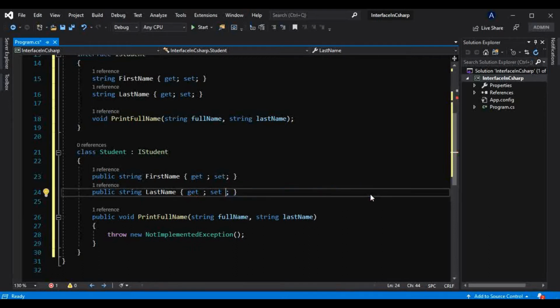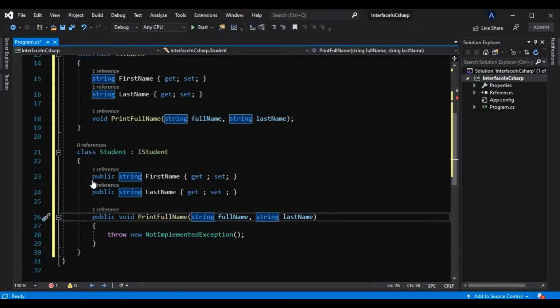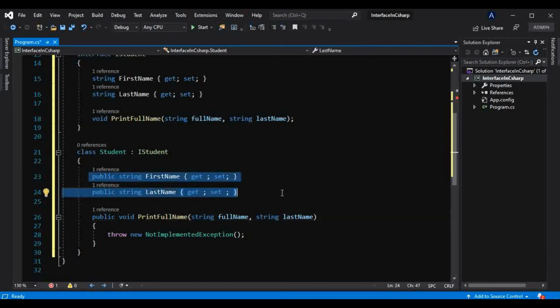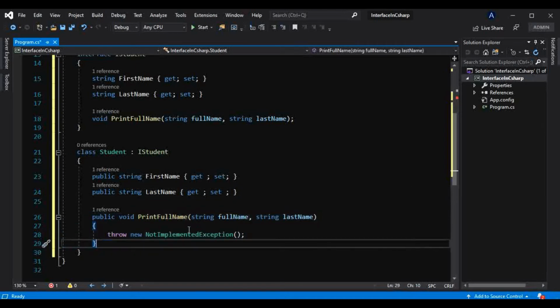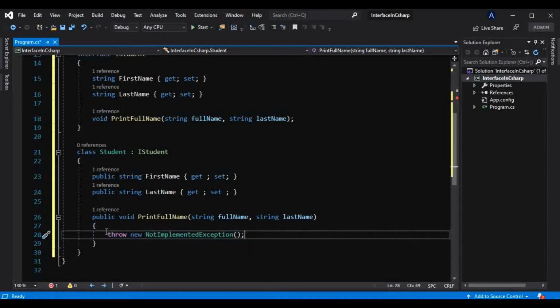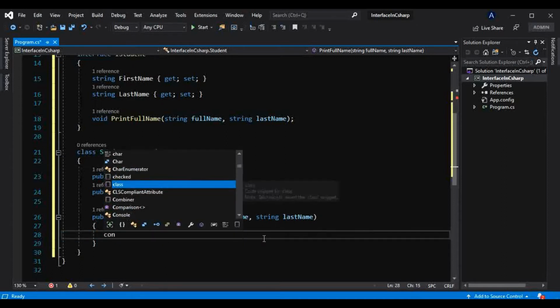So now we can have these auto-implemented properties like this, but we have to provide an implementation for this method, and if we don't, it will throw this NotImplementedException, and that is why we have to provide implementation here only, like this.